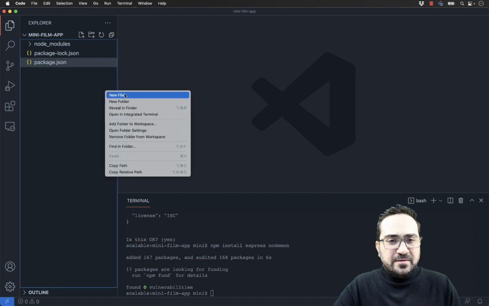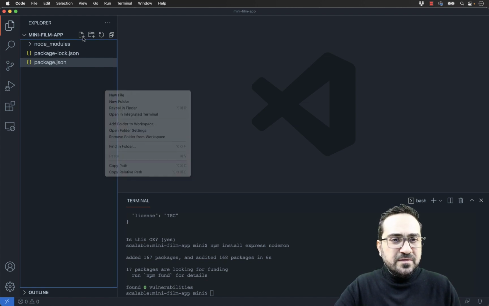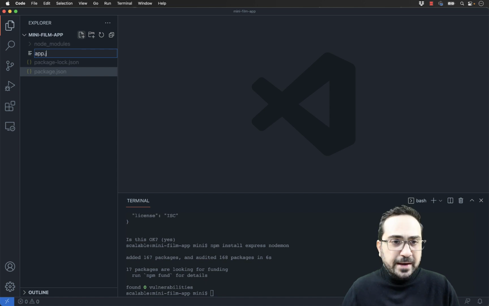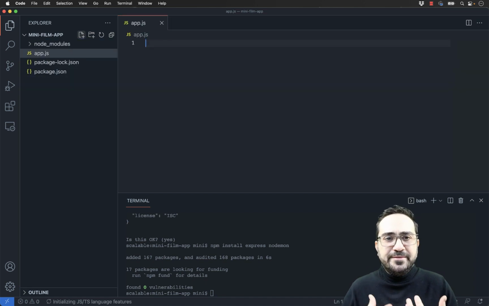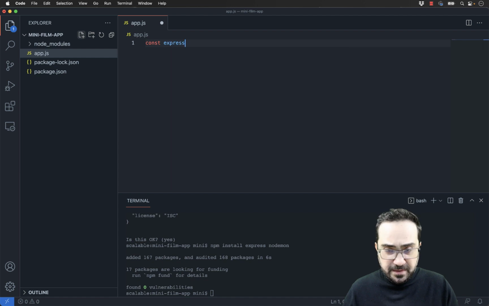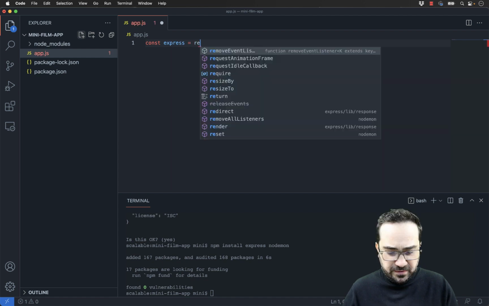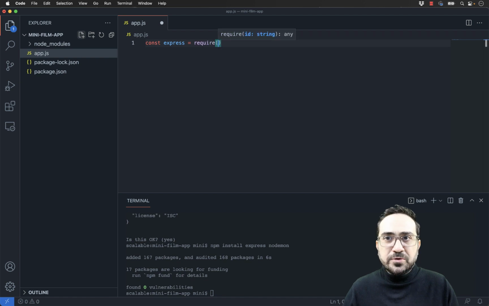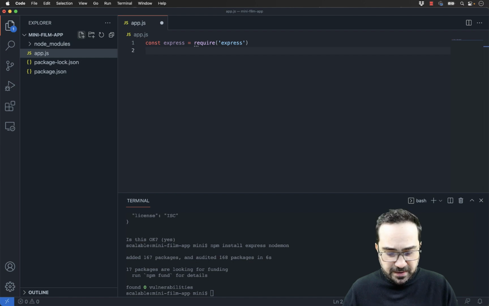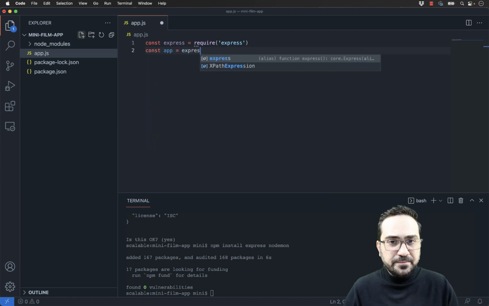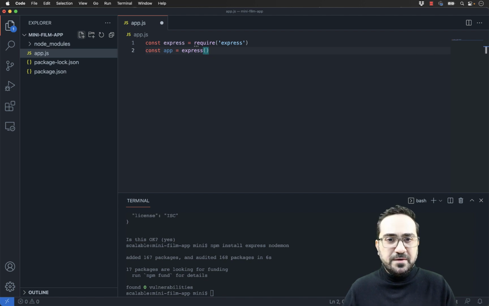Right, so let's start and create a new file here. I can call it app.js. It's usually my basic file for my application. We'll always call it app.js. Now, here we need to create an express variable, and this variable will help me import my library, that is the Express library. That's the first step. And then we can say constant app, this is an Express app. And so I have my Express app created here.